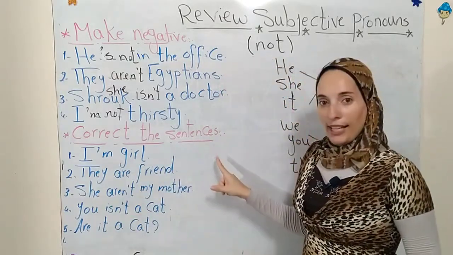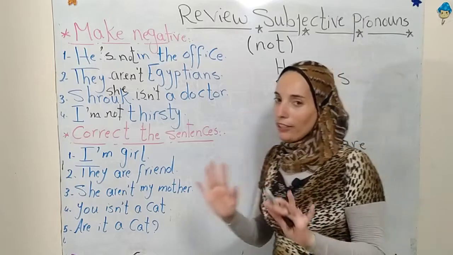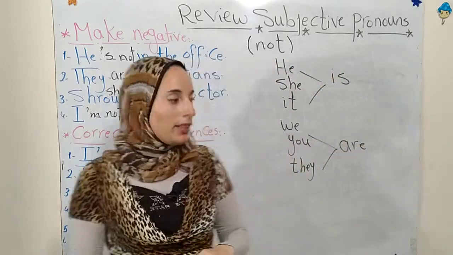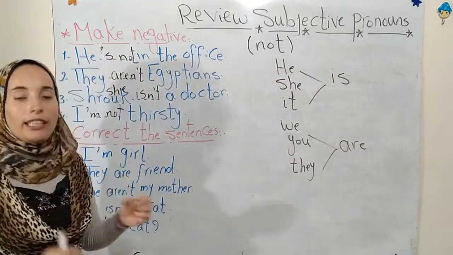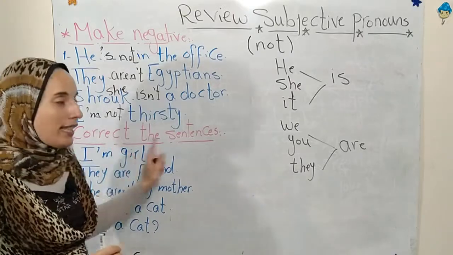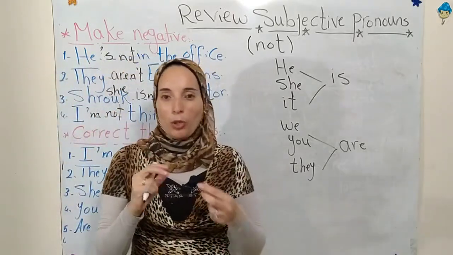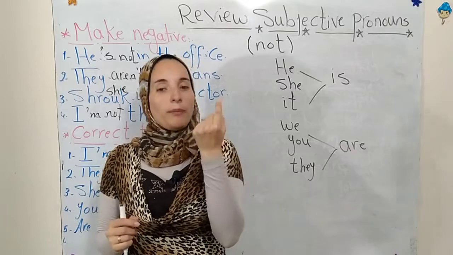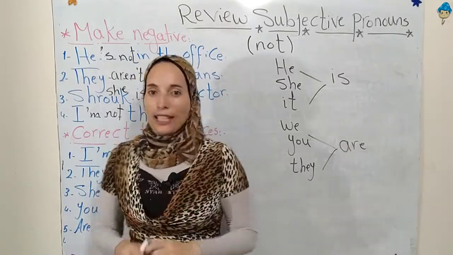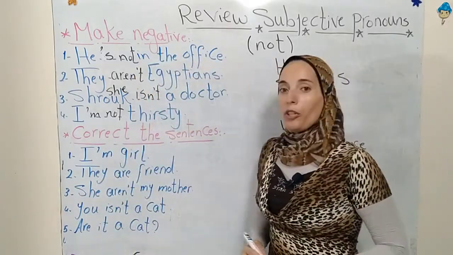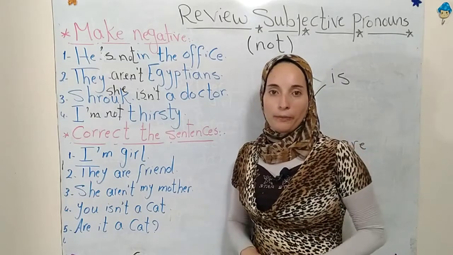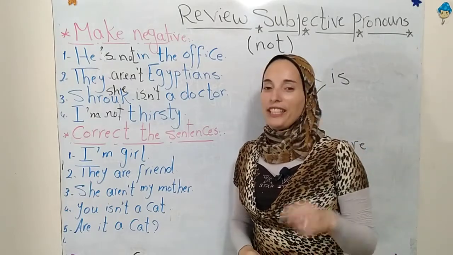طيب اخر تاسك عندنا عشان يبقى احنا كده قفلنا subjective pronouns و verb to be تماما. اخر حاجه عندك انا بقول لك هنا correct the sentences. انا عايزه الناس اللي هم عندهم قوه ملاحظه، كل جمله فيها one mistake، غلطه واحده بس، حاول تلاقيها. Number 1: I'm girl. في ايه هنا غلط؟ في ايه هنا ناقص؟